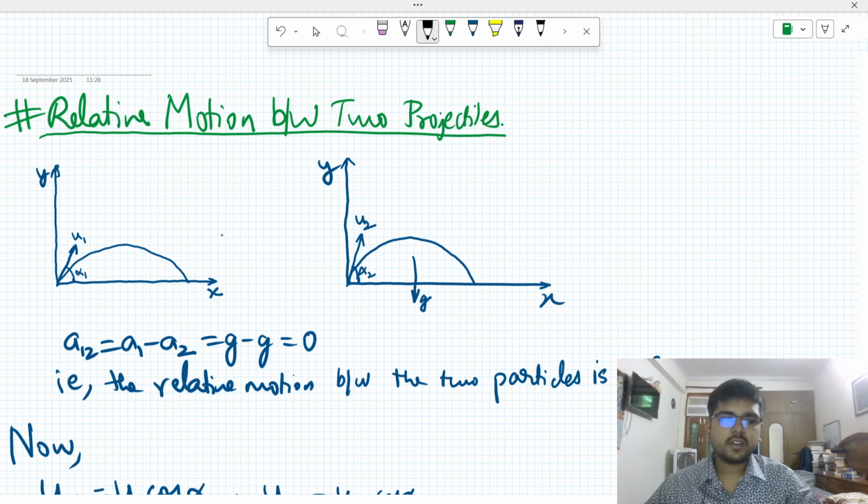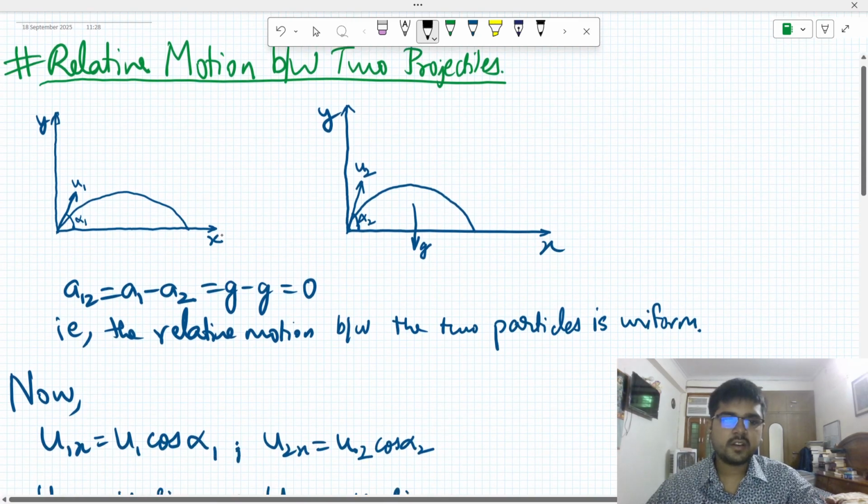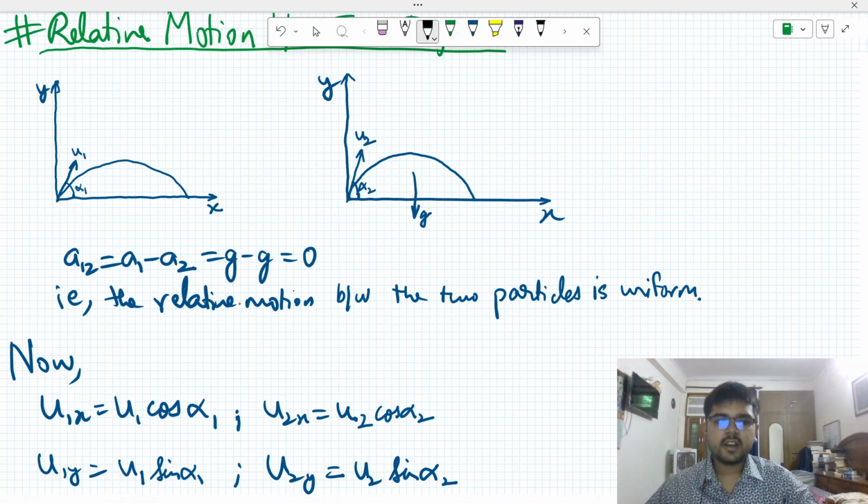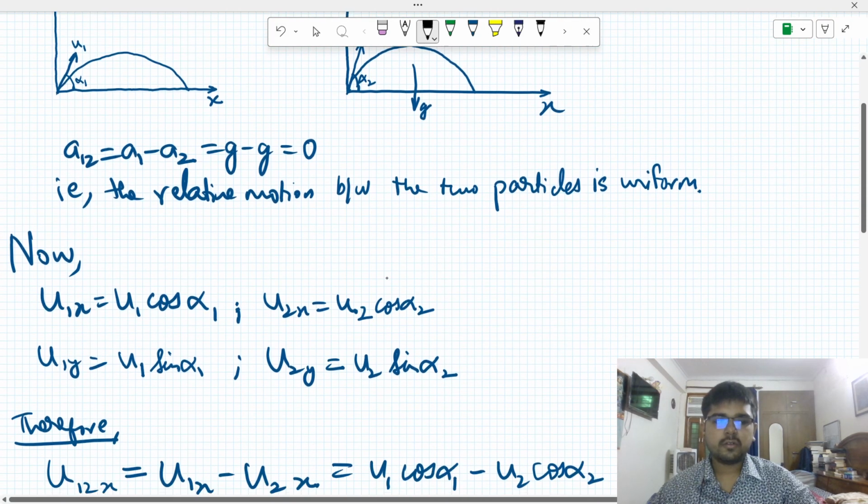So, what's the relative acceleration between the two projectiles? That will be given by a12 equals a1 minus a2 equals g minus g, that is 0. That is, the relative motion between the two particles is uniform. Now if we look closely,